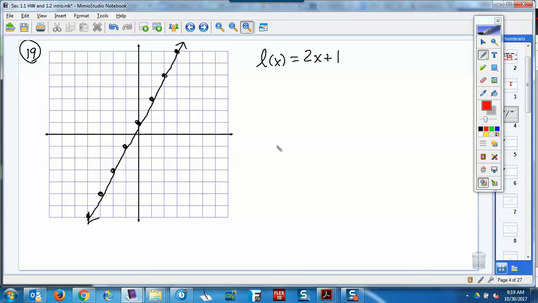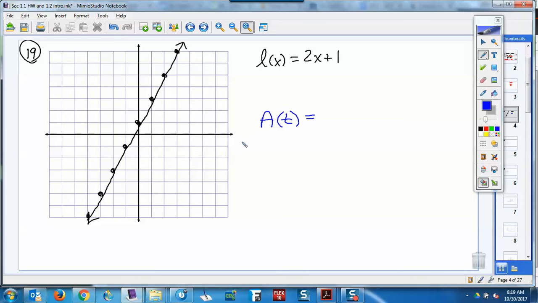So they're wanting you to create this function a of t. And again, everything we do is about functions. A function is something that accepts an input and has only one output for any of its inputs. So they said, here's the line L, 2x plus 1. Let a, the function a, be the area bounded by this line L, the x-axis and the y-axis,